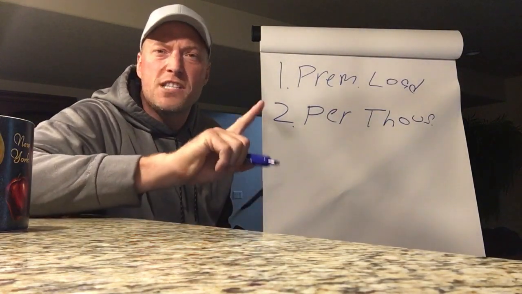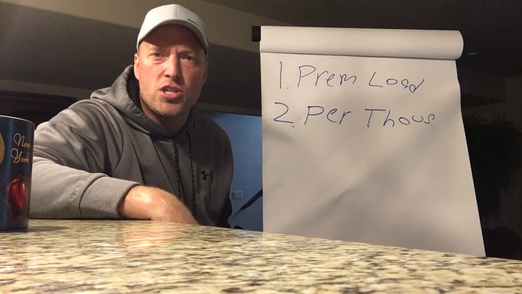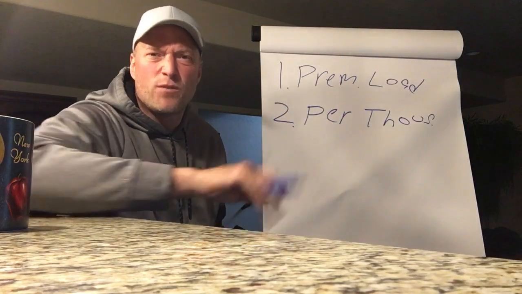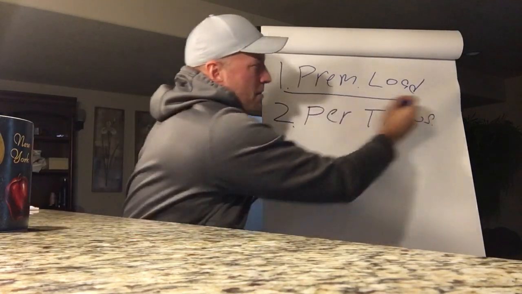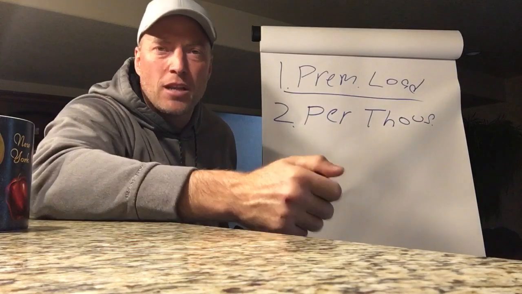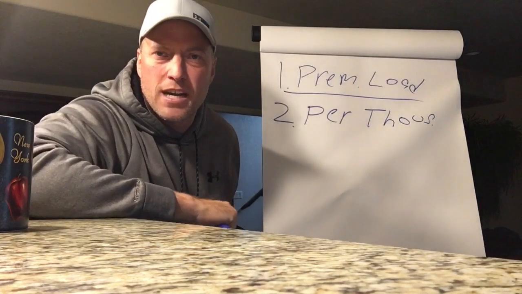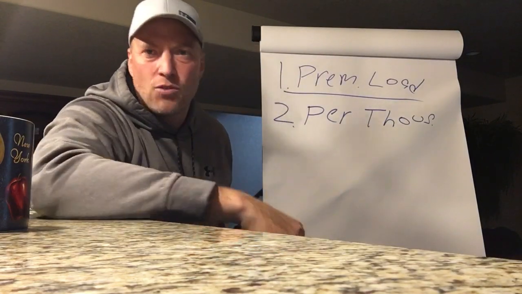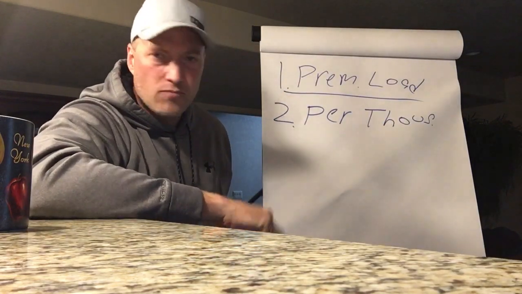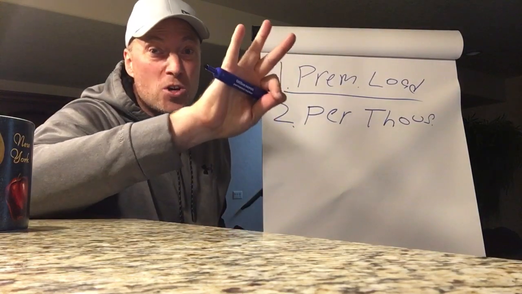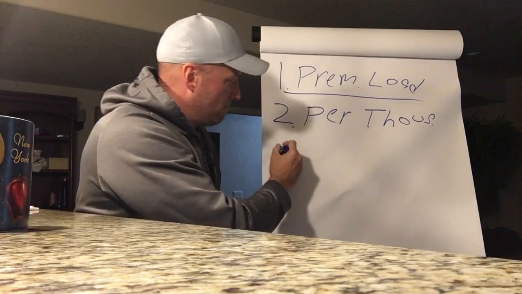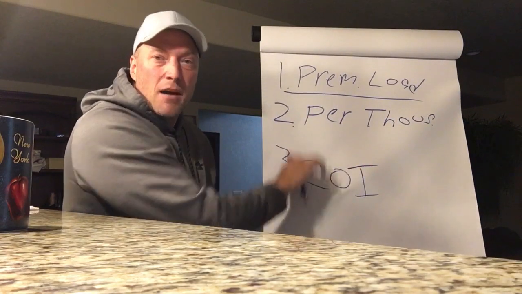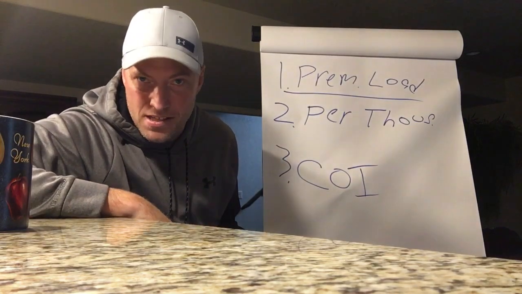By the way, what is the frequency in which the consumer is charged these charges? Well, there's one charge that kind of diverges from the others, and it's this one. Premium loads, as I talked about, come off the top whenever the consumer puts money into the contract, whether it's monthly, quarterly, or annually, whatever the modal premium is, right? The per thousand charges, as well as the third charge, the big charge, which by the way is COI charges, these come out on a monthly basis.